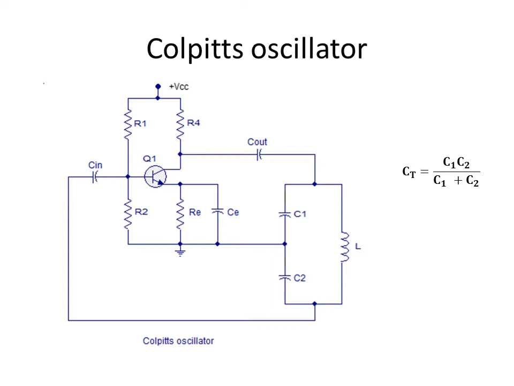If you examine this tank circuit, the way in which it is connected, you can see the output is actually taken from the top of C1, where I have marked C out. That is the point at which we are connecting the positive of the CRO, and the negative of the CRO will be connected to the common ground. In this case it is shown below RE, common ground. So what we have to see is the nature of the voltage developed across C2.